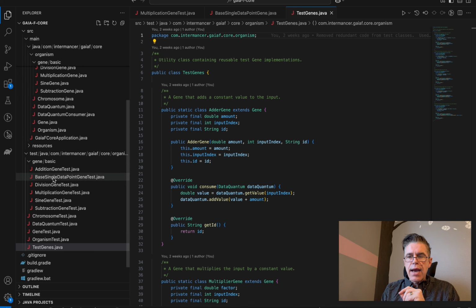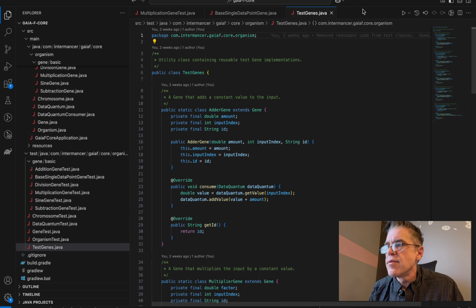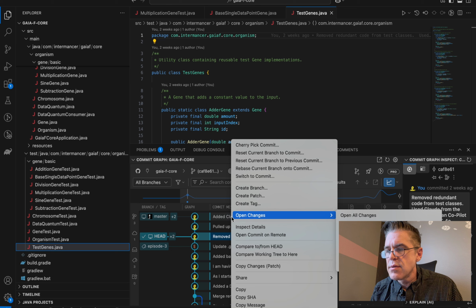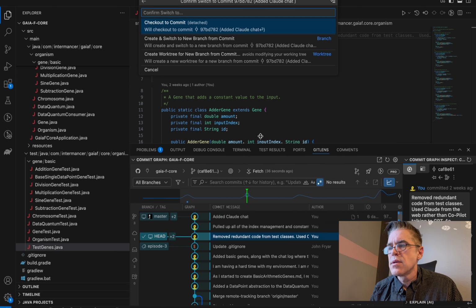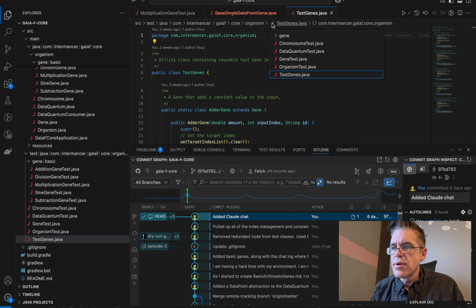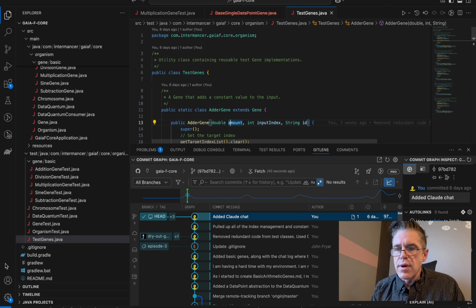You can see I haven't gone back to the latest version of the code. Let me check this out. Switch to commit. Okay, now I've gotten rid of